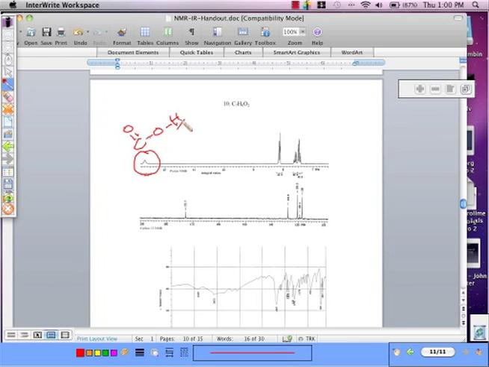This is the acid proton because it's now between what? 10 and 12. And that's how you know we're looking at an acid. Now if that isn't good enough, then you could also look at the fact that this is much lower than 190 now, and this is now the C double bond